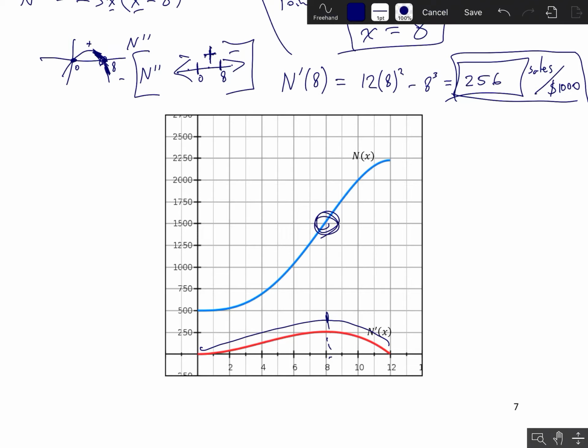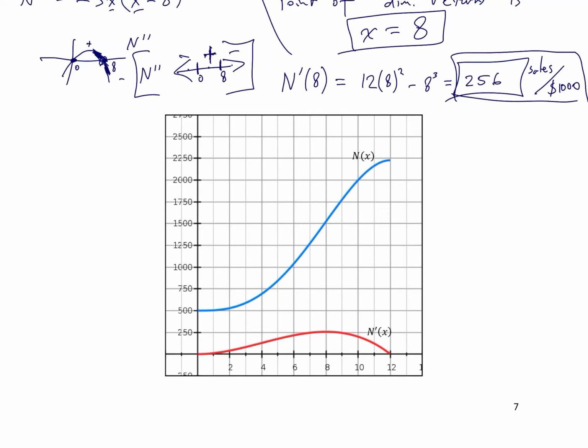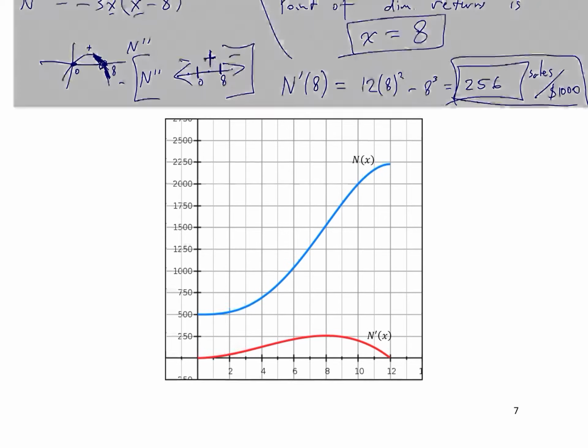That's also the inflection point for the original graph here. So the best rate that you could get would be this 256 sales per $1,000 that you spend. After this point, you're not getting quite as good a return on your advertising money, but you are still increasing your sales. So that's what a point of diminishing